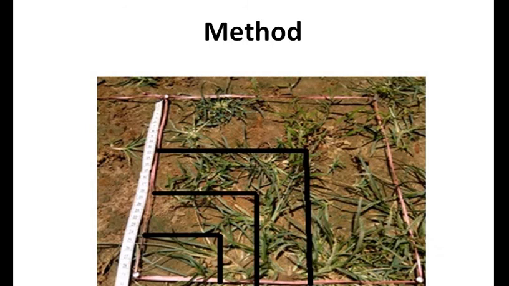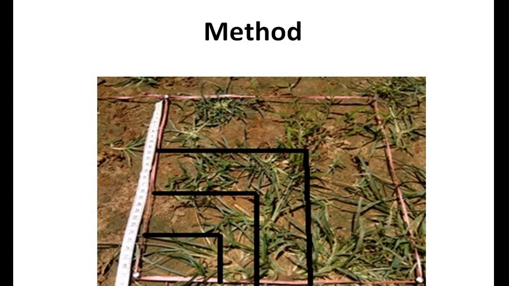A point was selected randomly in the study area and a nail was fixed at that point. Another nail was fixed about 100 cm from the first one, and a third nail was fixed at a right angle to the second at the same distance. A string was passed through the three nails to make an L figure, and using the meter scale, 20 cm was taken from the first nail, and the second, third and fourth nails were placed at equal distance from the first nail. Thus a 100 cm square quadrate was formed.